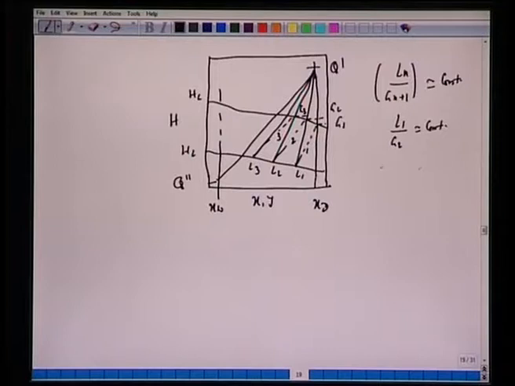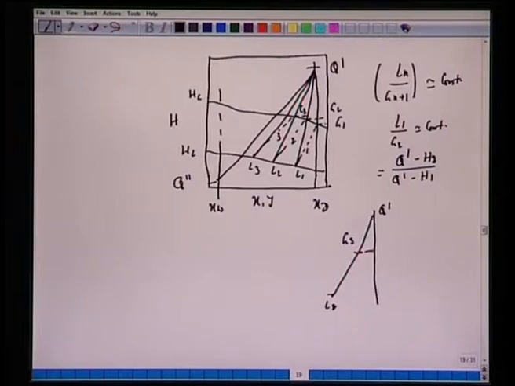Okay, and why was this constant? Because we said that all this quantity is the same as (Q dash minus Hg2) over (Q dash minus H1). All right. So if you mark all these points here, look at one vertical line, and another vertical line, like here for, say, G3, and here we had this L2. So this is what we are trying to say here, that this is Q dash minus this enthalpy.